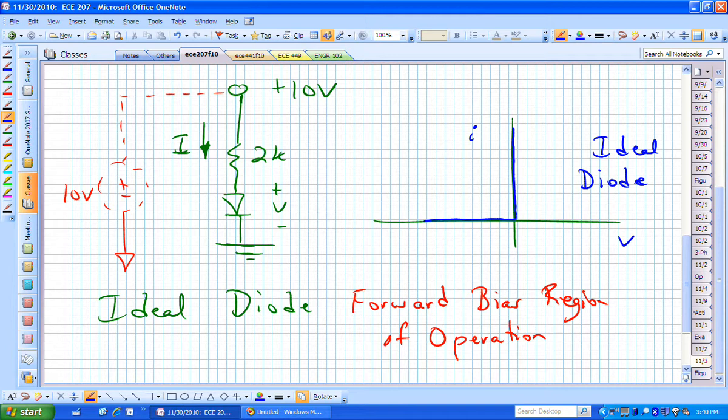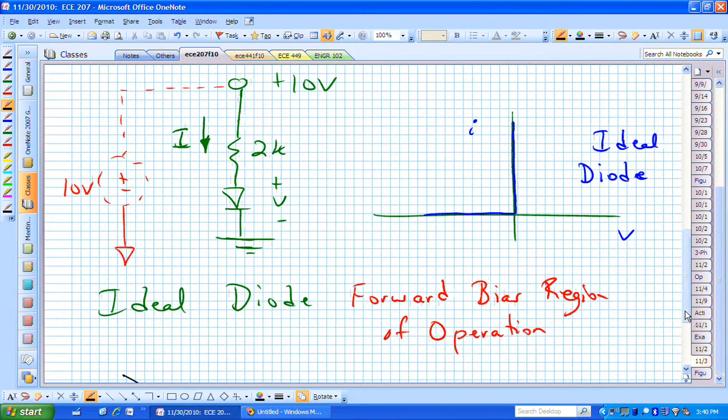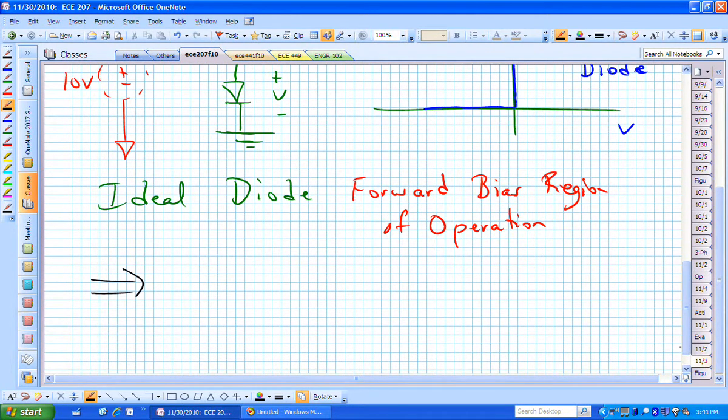But with this particular ideal diode characteristic, in that diagram, we can then say we have 10 volts on the top side of that 2K resistor, which translates into a voltage drop across that 2K. But now the top side, or the anode side, of that diode is more positive than the cathode side. It is forward biased. It will conduct. Because of that,